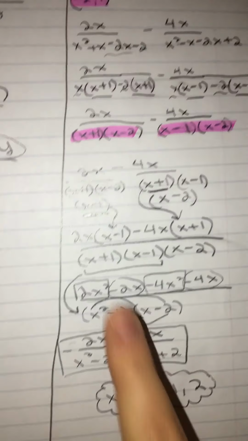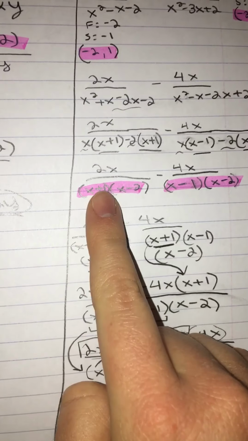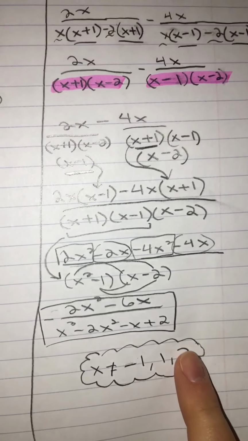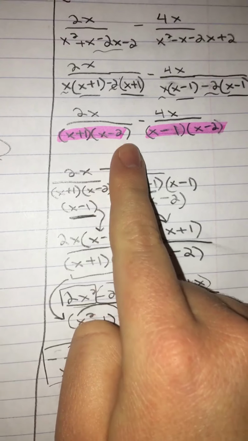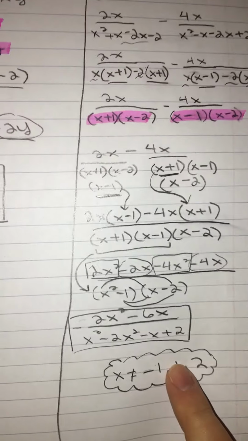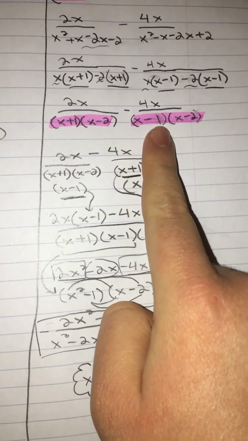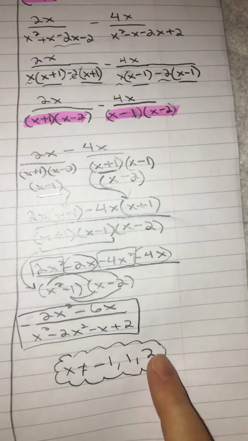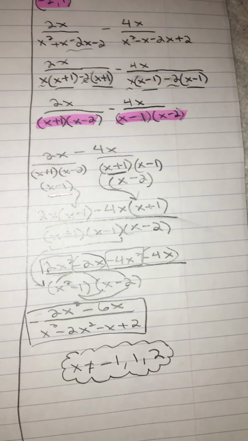So I said negative 1 because negative 1 plus 1 equals 0. I said 2 because 2 minus 2 equals 0. I said 1 because 1 minus 1 equals 0. And then 2 would be that for that 2, but we already have 2, so